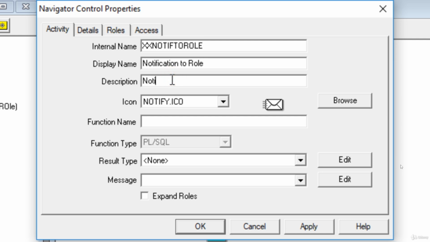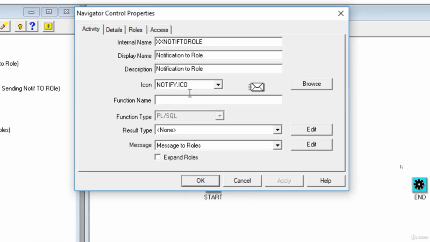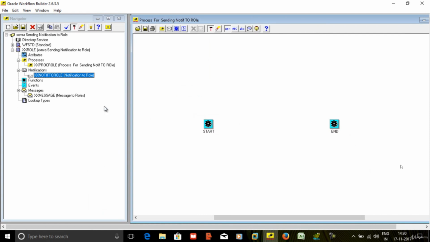Description is also the same, notification to role. Now here a message you need to attach. Click on apply. Now what is the next task we need to perform is, please click your notification from here